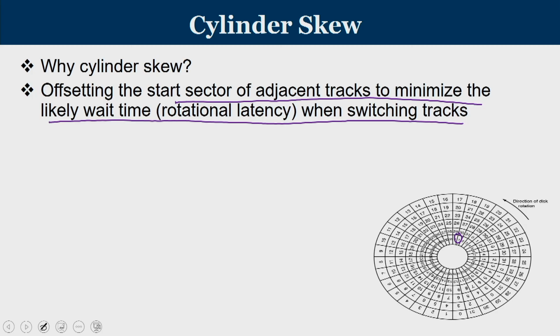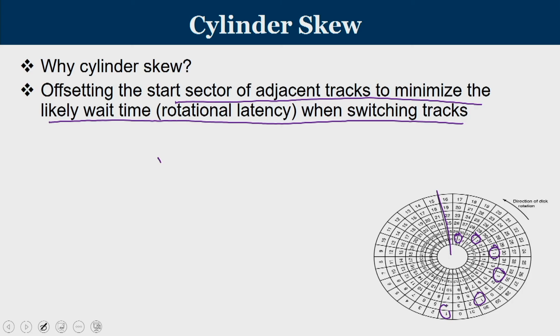But if you look into sector number 1 of the next track, it is not exactly in the same line, it has been shifted. Sector number 1 of the very next track is shifted. If you look at sector number 1 of various tracks, they are not exactly in the same line, they are slightly positioned. What happens is when your head is currently touching sector number 1 and goes all the way to read the data up to sector number 31,